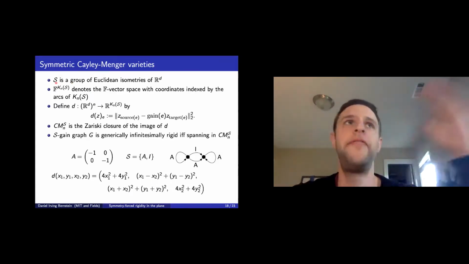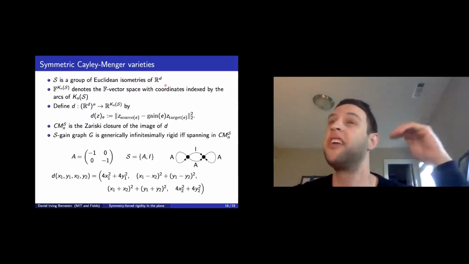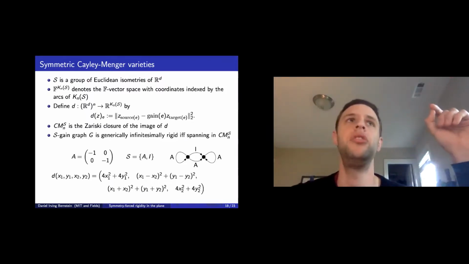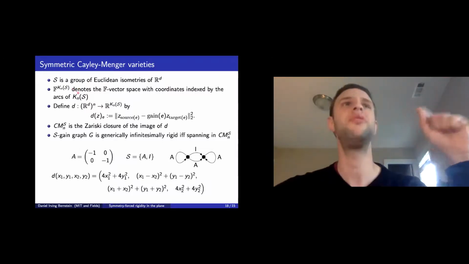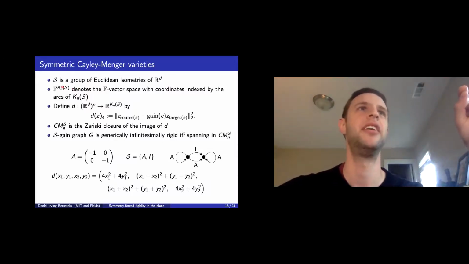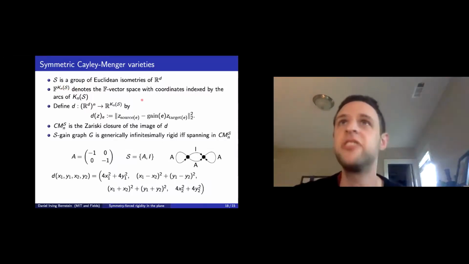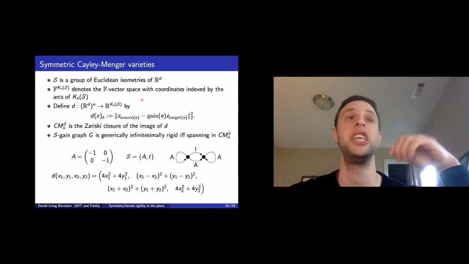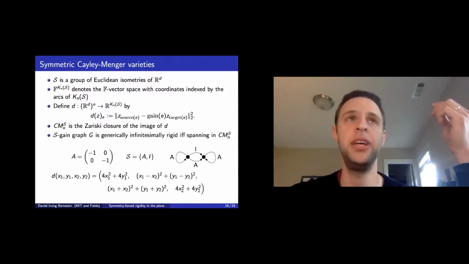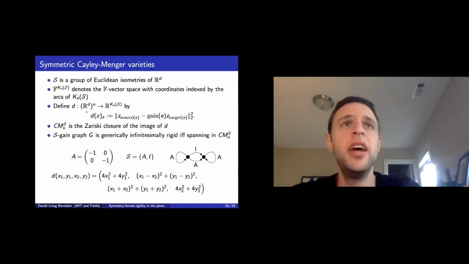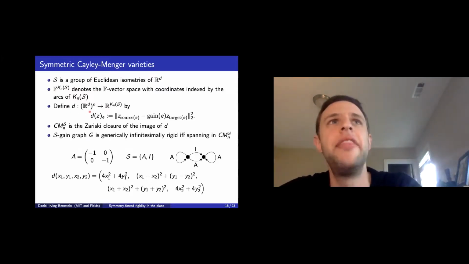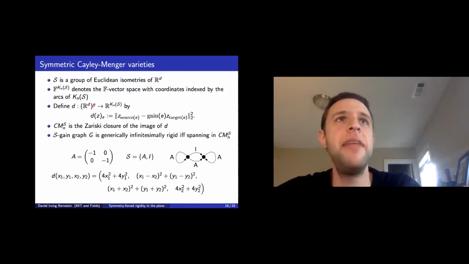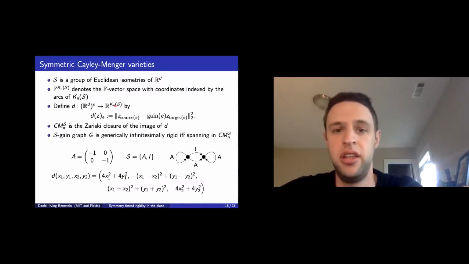So, okay, fix a group S of Euclidean isometries of R^d. I'm going to abuse notation a bit and write F to the K_n of S to denote the F vector space with coordinates indexed by the arcs of the complete gain graph. I'm going to define this map that takes a set of endpoints in d-dimensional space to this vector space whose coordinates are indexed by the arcs of this complete gain graph